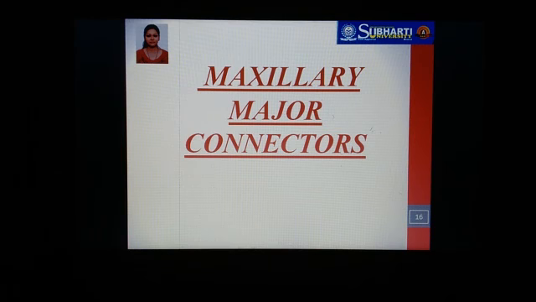Okay, so to summarize here, we should keep in mind that whatever design of the maxillary connector or the mandibular connector we are choosing, there are certain points which have to be kept in mind. Firstly, we have to ensure that our design does not cause any kind of discomfort or impingement to the patient, or impair any normal function such as speech.